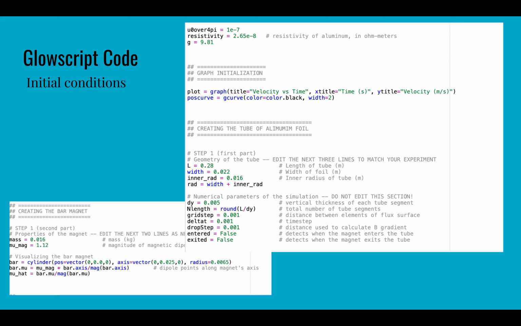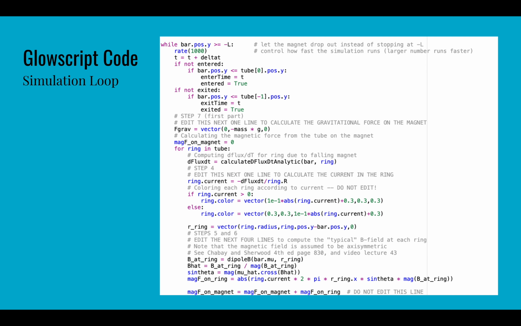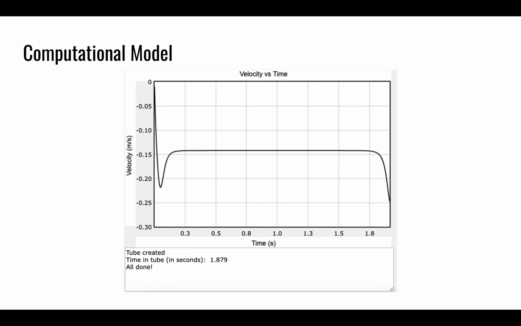So here's our GlowScript code. You can see our initial conditions for the bar magnet and our aluminum tube and any other constants there. And then we have our 2 formulas calculating the magnetic field of a bar magnet and the magnetic flux. And then here is our code to show the simulation loop. Here it is continued. And then this gives us this computational model,